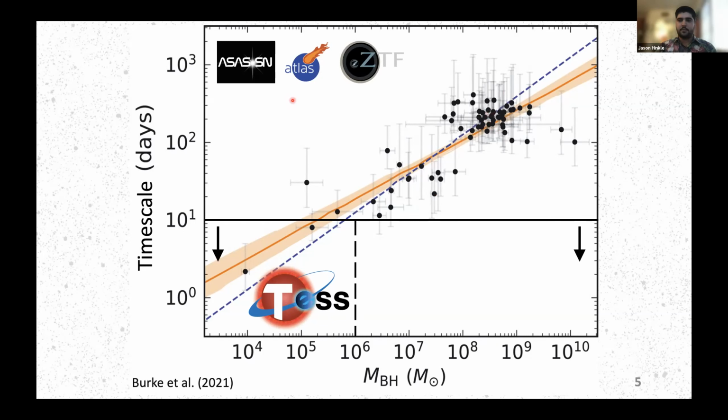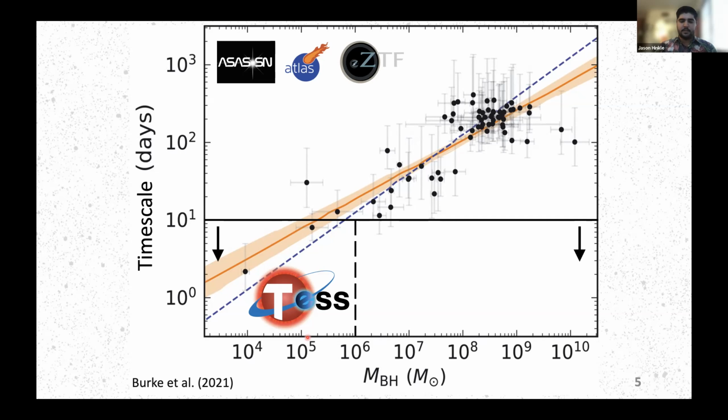So these are well matched to the ground-based surveys I talked about before, and we can get very nice constraints on their variability. But as you start to go to this lower mass end, where you expect timescales of only a few days in some cases, this is really well below the typical cadence of these ground-based surveys, in most cases 3 to 5 days or so. And you're really not sensitive anymore to this variability. You might be able to select them, but you really don't have the cadence to tease out this variability signature and get a lot of the detailed physics.